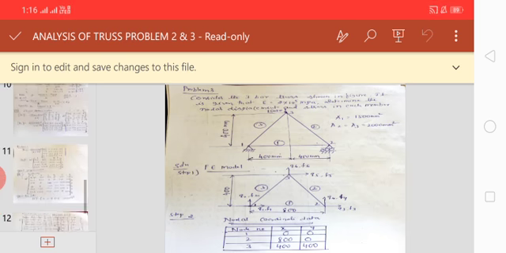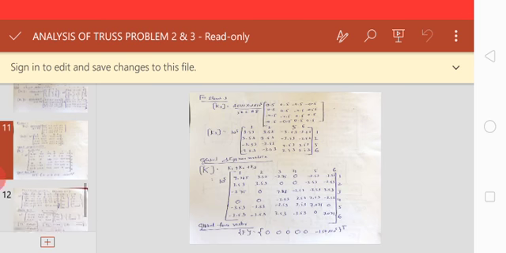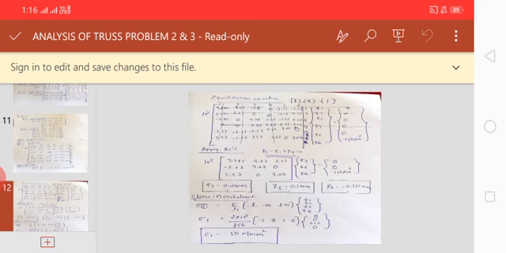You got the value or not? That's why I have to take F5 as 0, and F6 is acting in the downward direction. I have taken minus 150 kilonewton. Okay, now you go for the next step. Next step is what? Creation of the equation of equilibrium. Now, what is the formula? That is KQ is equal to F.